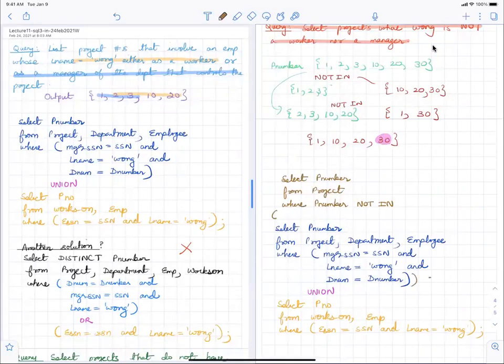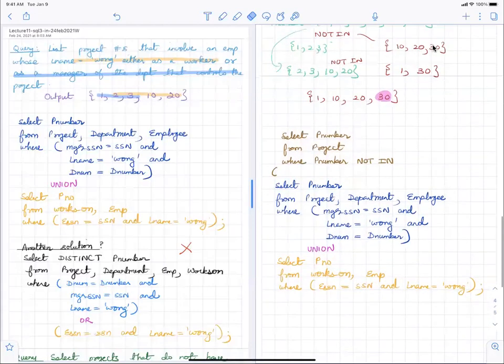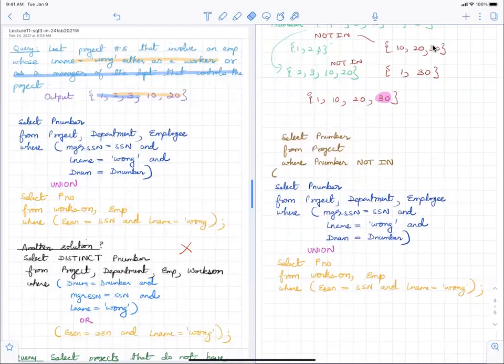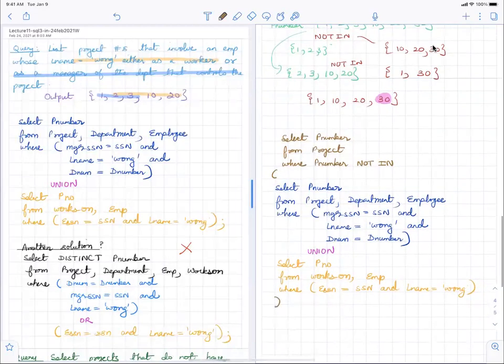Oh, it's not here, it stops out here, sorry. So remove this, not here, and put the whole thing here. So you can also do it like this, where P number not in, and then put this entire thing out there. That'll also give you the correct answer.